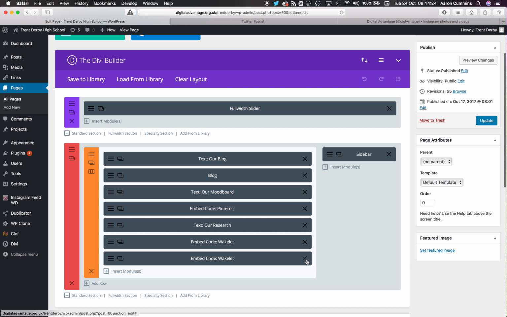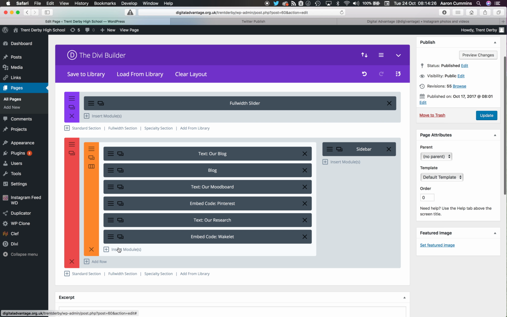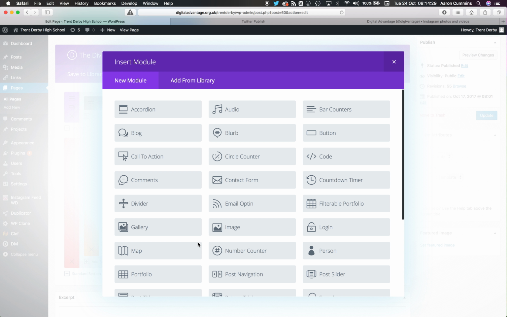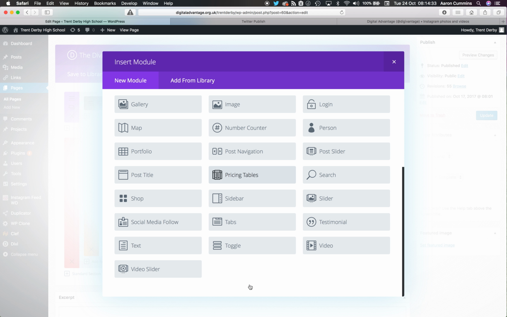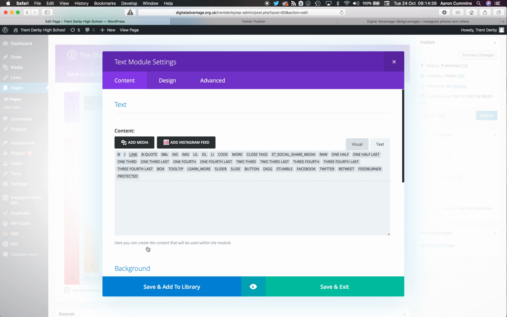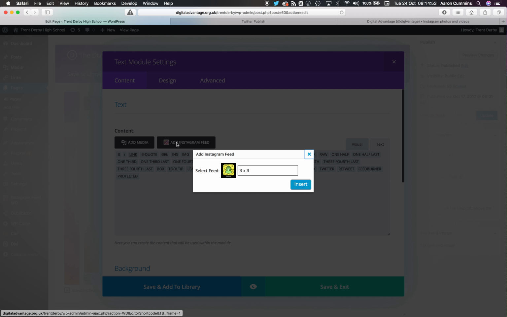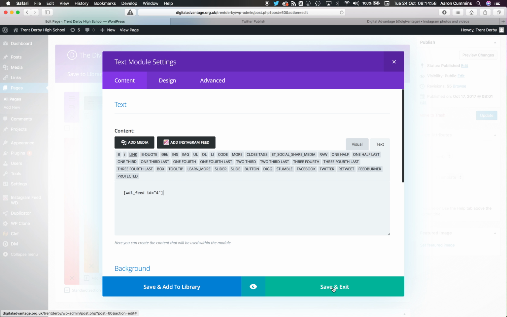and I'm going to add a text box, insert module. You can actually use either code or text for this because it's HTML, so it'll display it in any way. Now, I've got two things that I can do here. I click text instead of visual, and I can paste the code in, and then that will display. Or, if you're not too sure on the code name, if you forgot it or didn't copy it, add Instagram feed, and I can select the one that I'm going to use, which is that one, insert, and it'll insert it there. Save and exit,